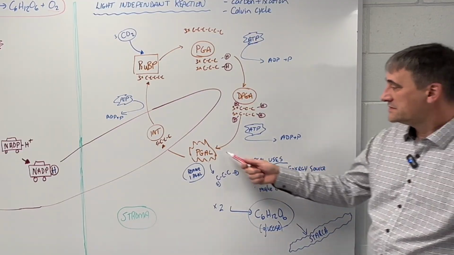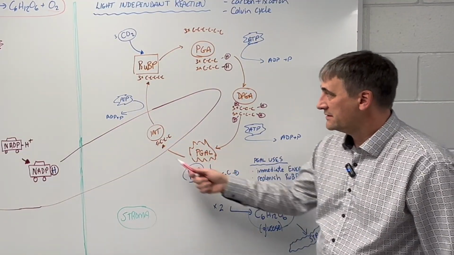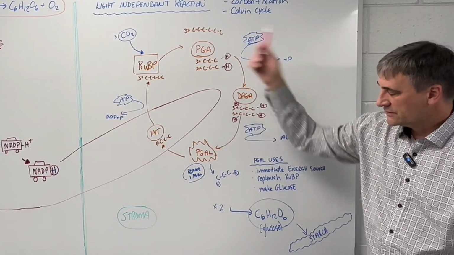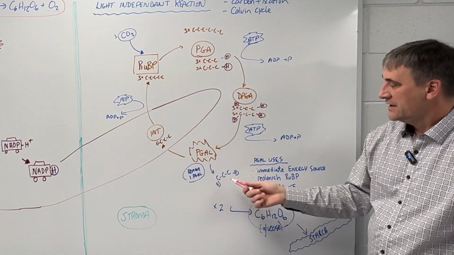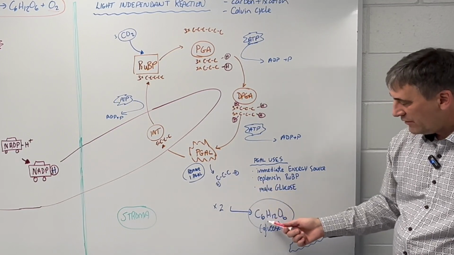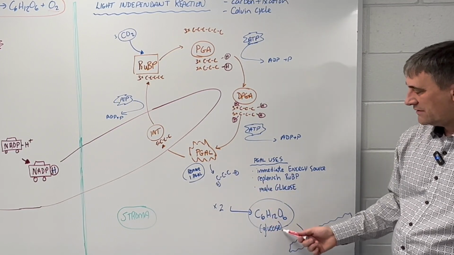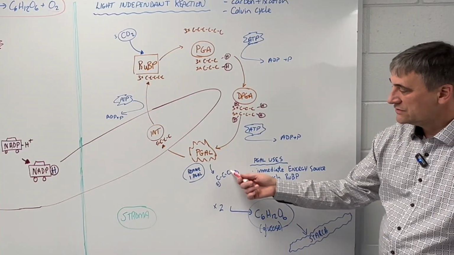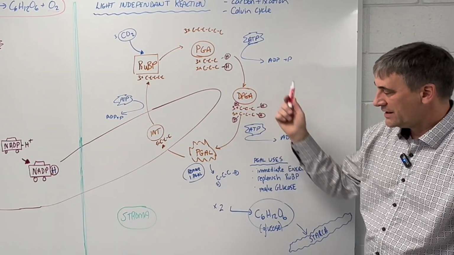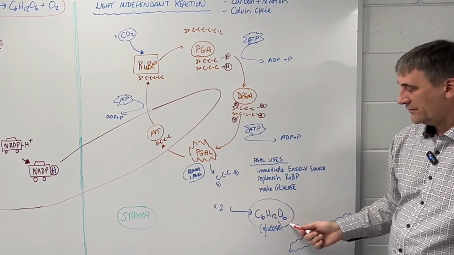Okay, and this little molecule can be used as an immediate energy source. It can be used to replenish the RuBP, which I'll show you in a second. Or if we run this cycle twice, we'll get 2 of those, and we can stick those together and we can make glucose. So now we're getting our C6H12O6